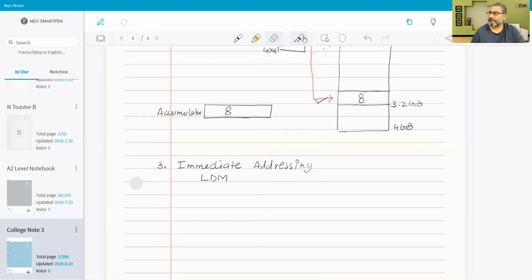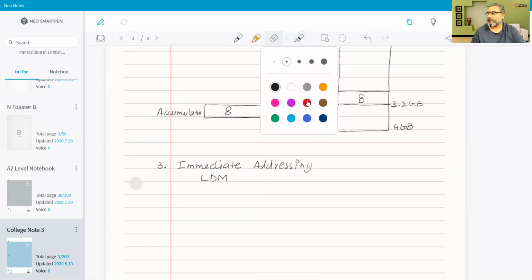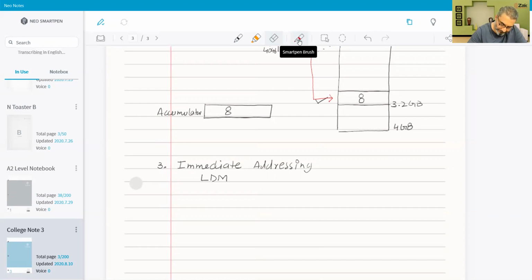LDM means load immediate. Immediate means there is no address of the memory. All you have to do is to take this value and put it in the accumulator. So let's say I write a command LDM,